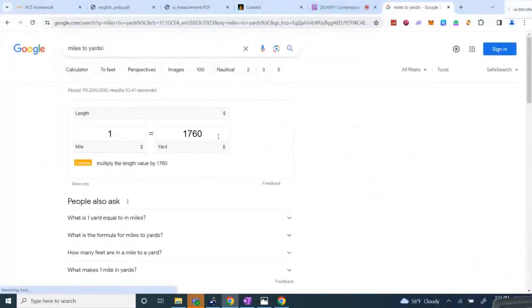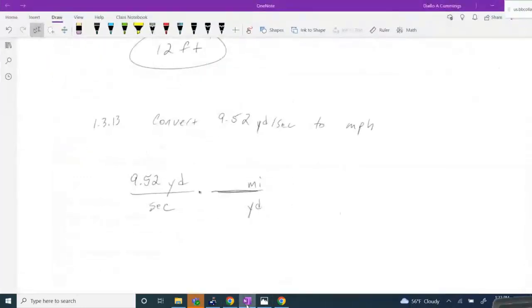So 1 mile is 1,760 yards. So I'm just using this conversion calculator. So 1 mile is 1,760 yards. So this is going to convert yards to miles because the yards are going to cancel,